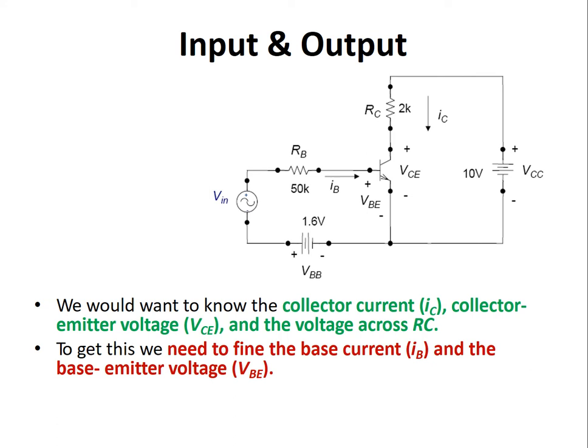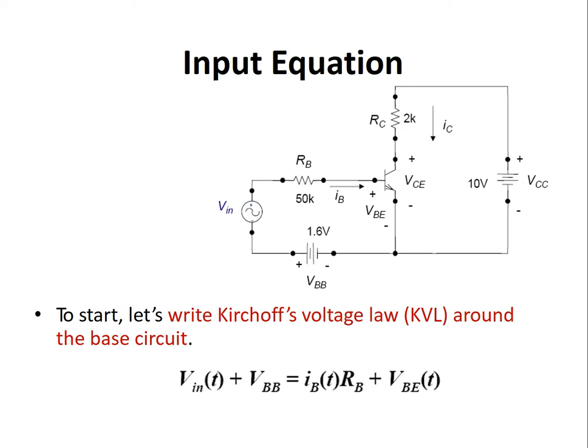Now if we have an AC input, how can we do that? For the AC case, we know that here we have the base current. This base current will have two parts, the DC base current and the AC base current, right? Similarly the collector current will have two parts, the DC current and the AC current. We can calculate each of them. If we apply the Kirchhoff voltage law here, the input is VBB plus Vin, which will be equal to the drop across the base resistor plus the base emitter voltage drop, the general equation.